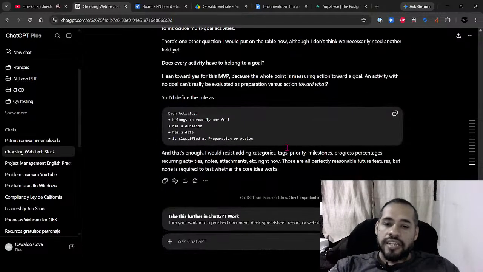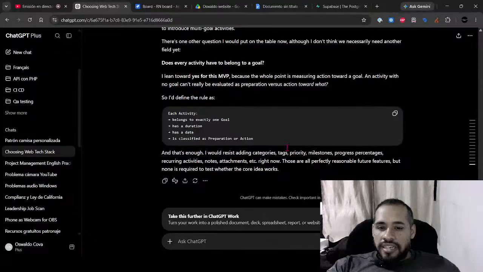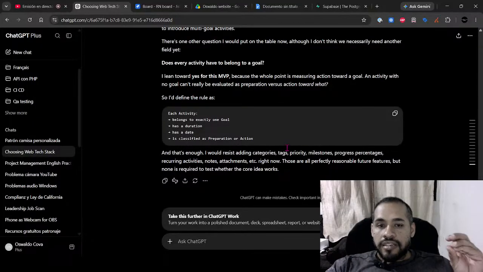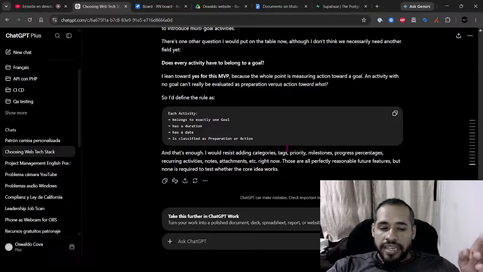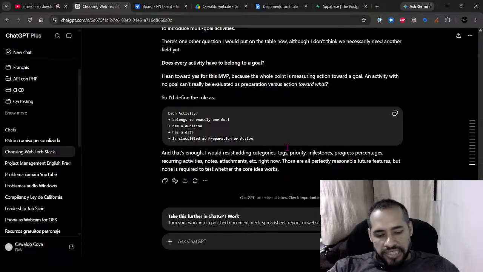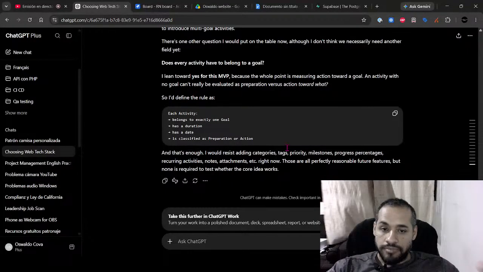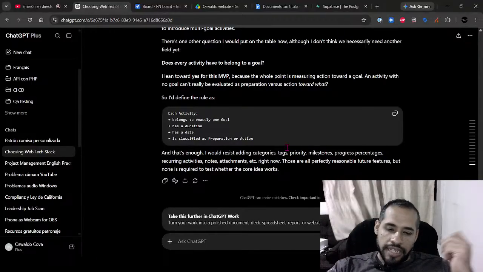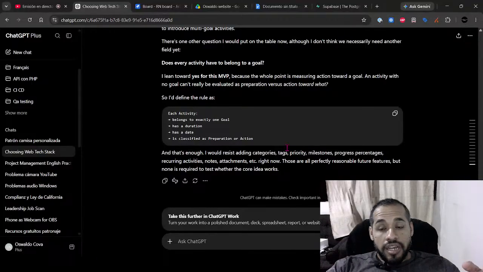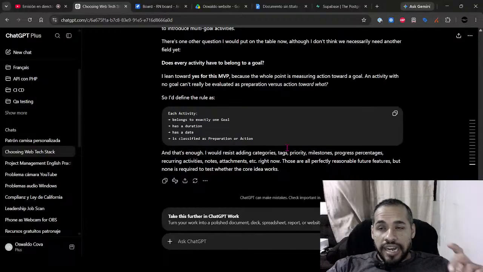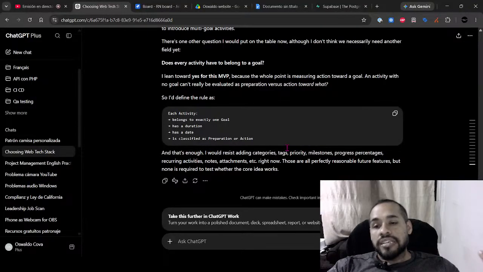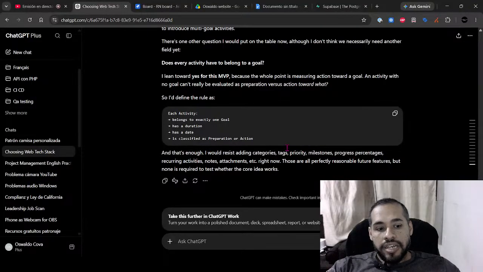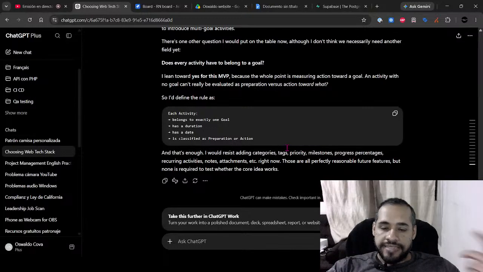Yes, for our MVP, remember that even though this project can evolve to something more complex, it's important to understand that we are building an MVP, and those features that are more complex may be developed in a second phase.